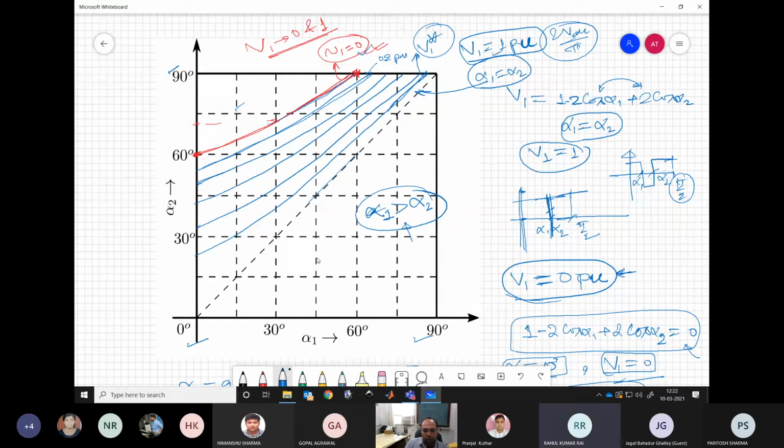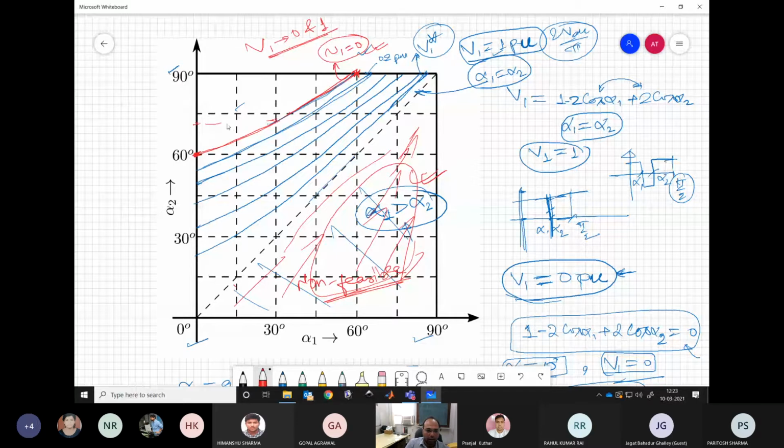No, sir. So all these points in the lower triangle, let me draw with another color, are non-feasible points, which means you cannot operate your converter in this range. So this is a useless range for us. We do not operate in here. And what about this? Here we will see a little later that our V1 has a negative value.